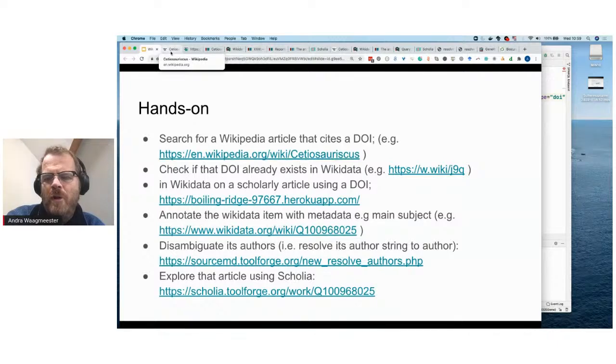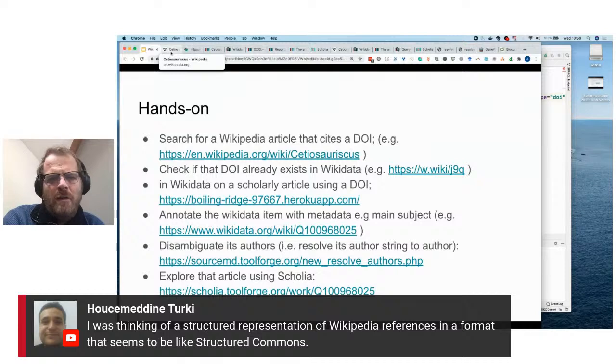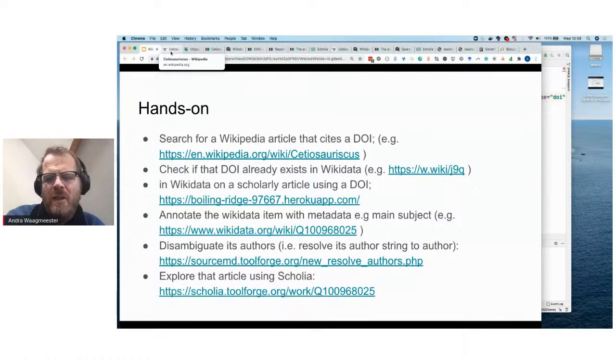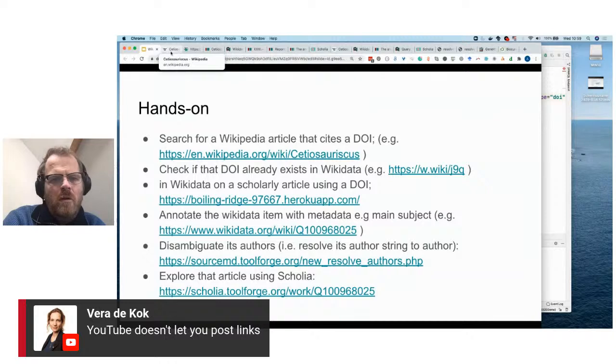So you mean that you want to have the references as it is with Structured Data on Commons, where the images on Commons have structured information that can be queried with SPARQL. Okay, I would argue that that's exactly what Wikidata is. So that we would need to agree on, so that we,